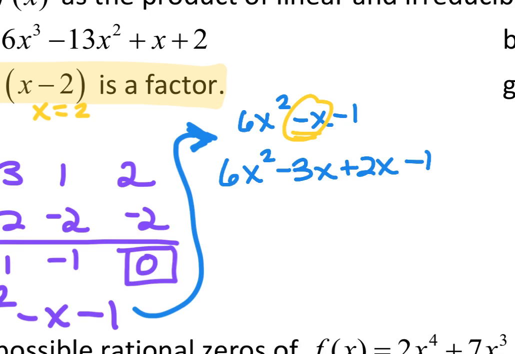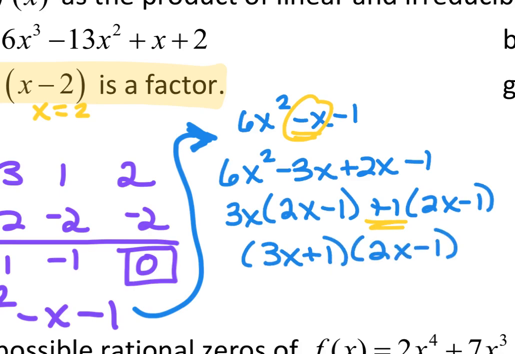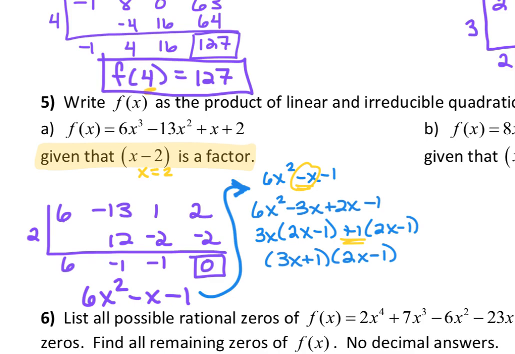And then I'm going to do a GCF, so I've got 3x times 2x minus 1 plus 1 times 2x minus 1. Be careful when you're grouping that if your GCF is 1 or negative 1, you still want to write it. Because that's part of your answer, and sometimes students forget to write the 1 as part of their answer. So now I have 3x plus 1 times 2x minus 1, but the directions say to write f of x,